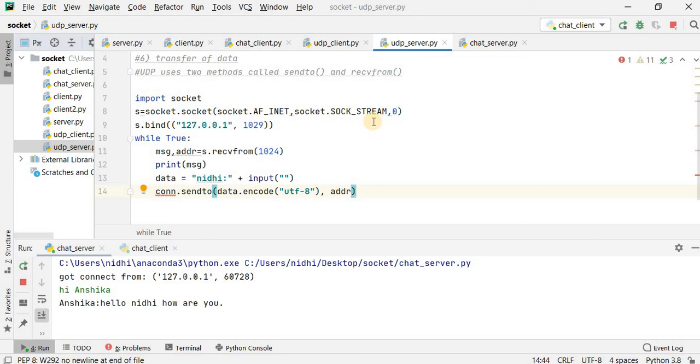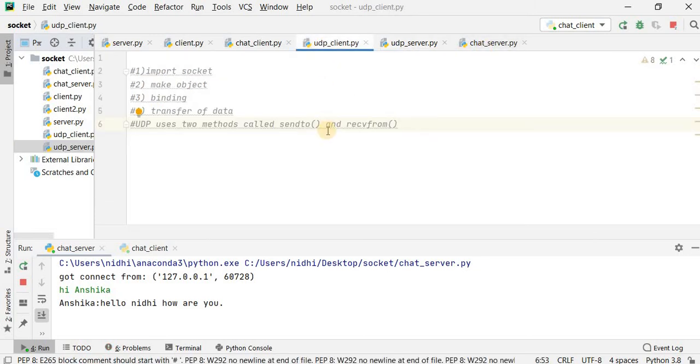Now I have to create the UDP client. So in order to create the UDP client, what are the steps? The first one is importing of the socket, the second one is making of the object. Then after making of the object, binding should not be there, and also immediately transfer of packets we can proceed.